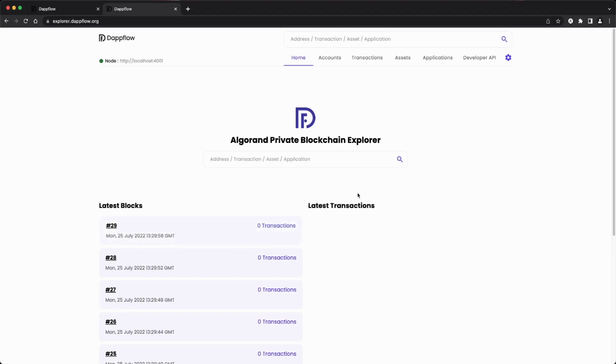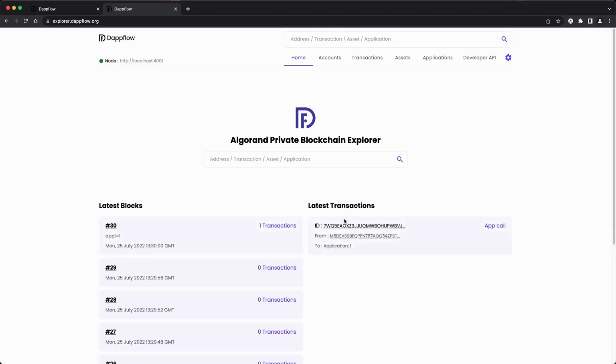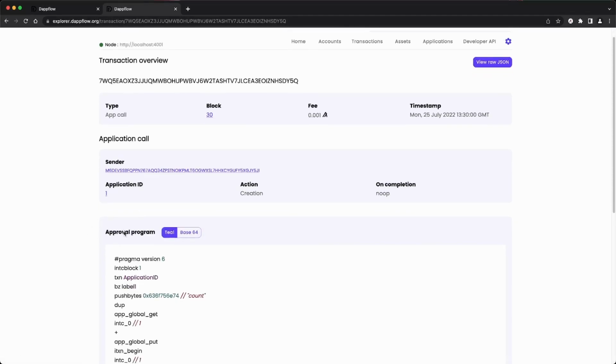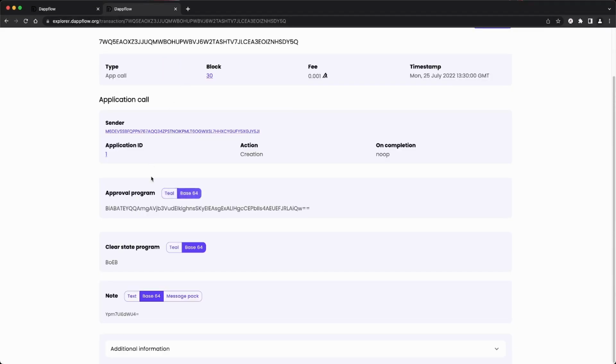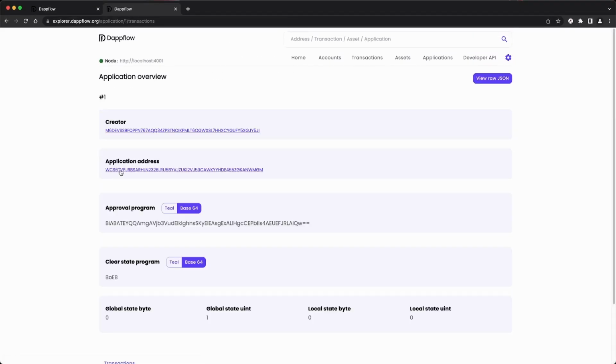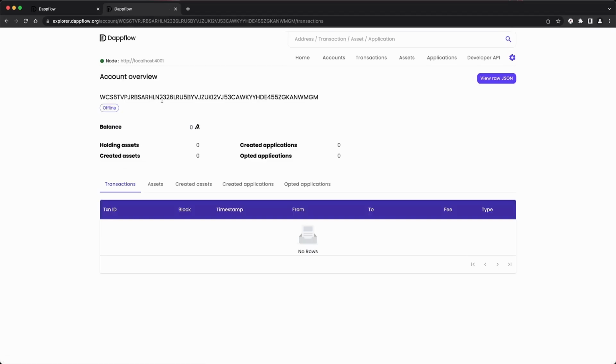Once that transaction has been approved, it should appear underneath the latest transactions. There we go. Clicking into this, we can see that the application ID has been assigned 1. Here's the approval code that was pushed up. If we have a look at the application ID, we can see the application address. We're going to use that address